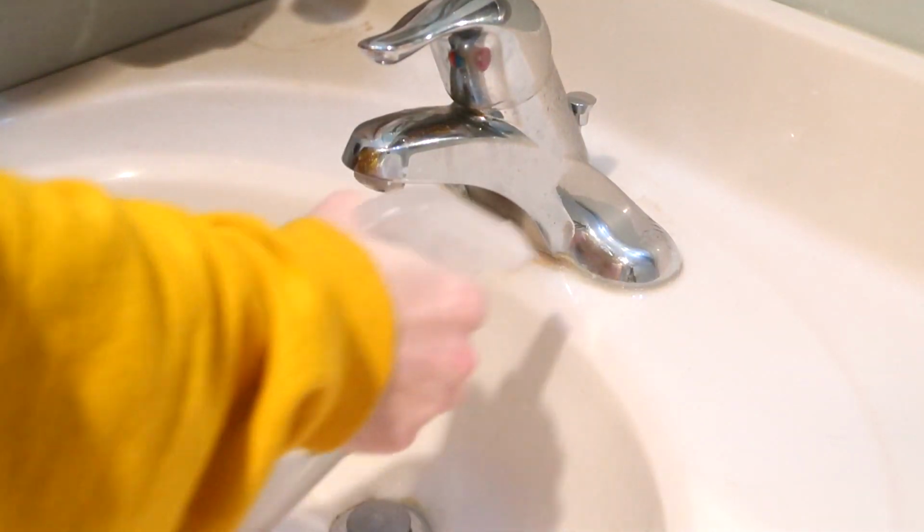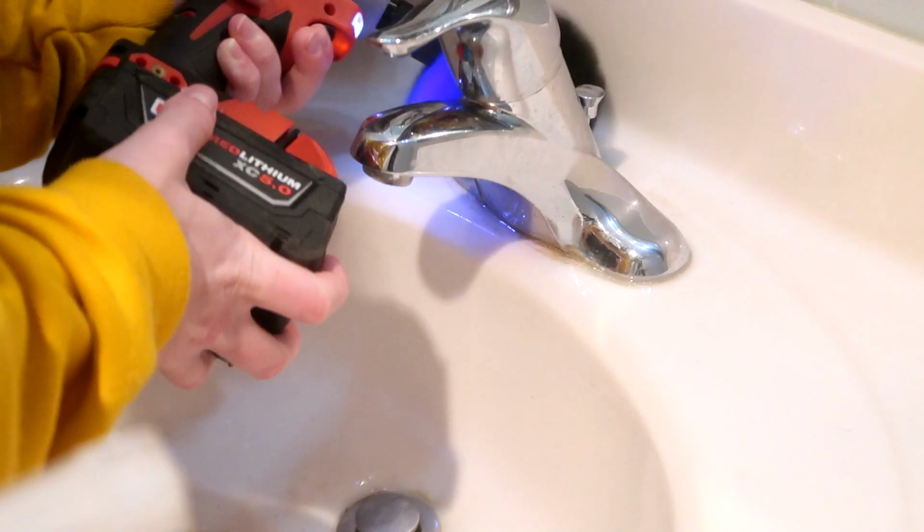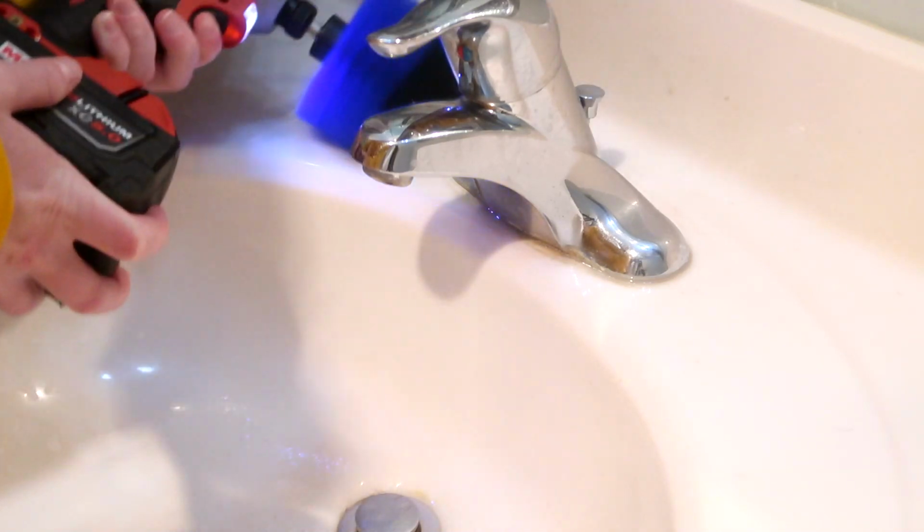Welcome back to Teach Me How to Clean, and today I'm showing you guys how to get rid of soap scum forever, hard water stains, any type of buildup, especially in old caulk lines in bathrooms, with no scrubbing by